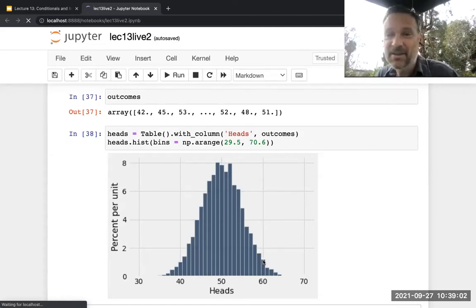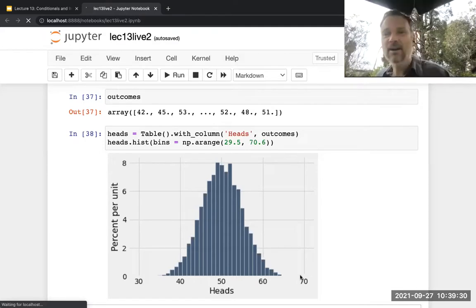You might even see 60 heads or 40 heads. This is fairly rare. It happens only, I don't know, maybe 1% of the time or something like that. And then 65 heads could just barely happen, but it's extraordinarily rare. It might have happened maybe once in these 10,000 experiments. And we never, ever saw as many as 70 heads.